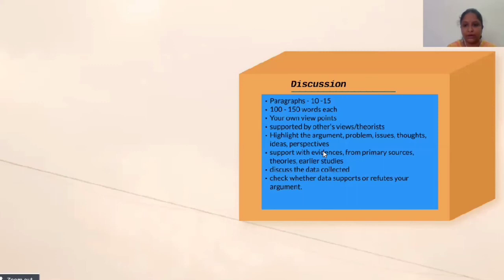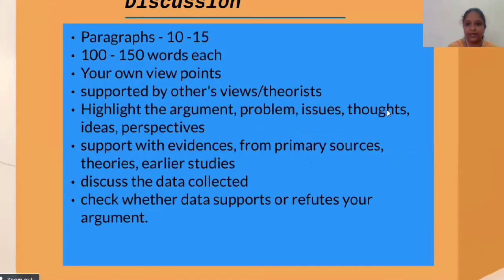What is the actual argument? What is the research problem or the thesis statement? And what are the various issues related to it? Suppose if it's a literature paper, you do not have the problems or issues, etc. You can focus on your own thoughts, ideas, and perspectives related to it. And support your arguments with evidence from primary sources, theories, earlier studies.